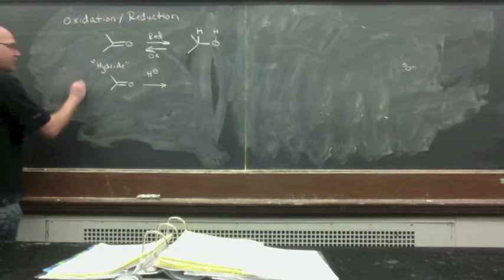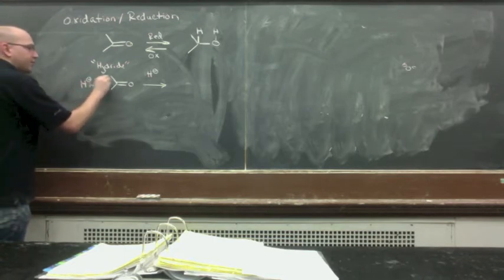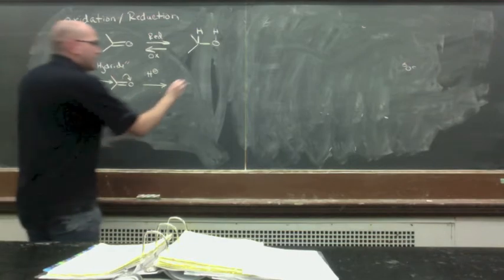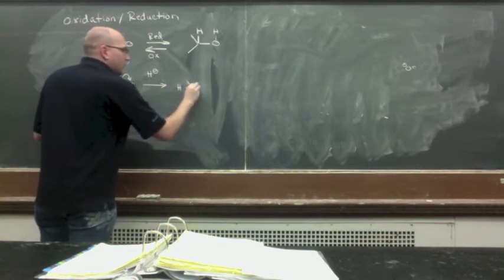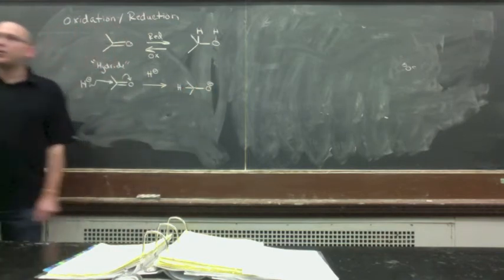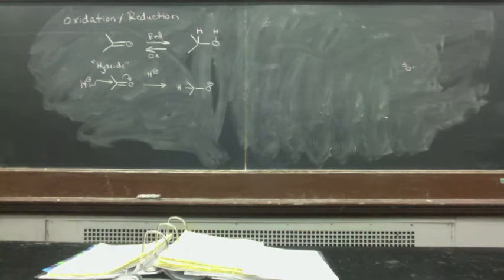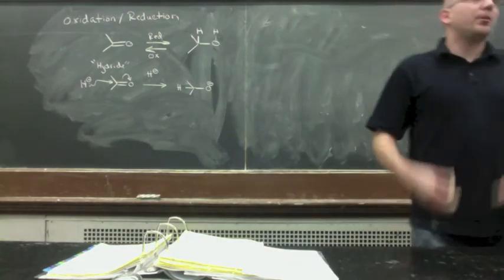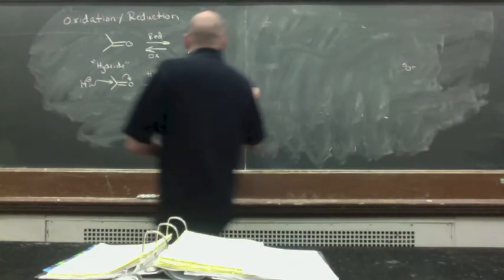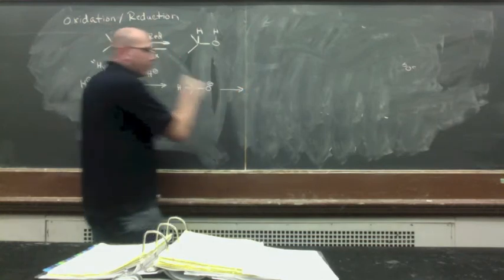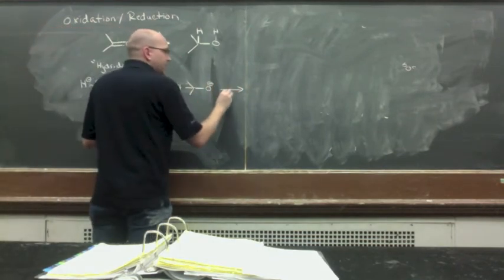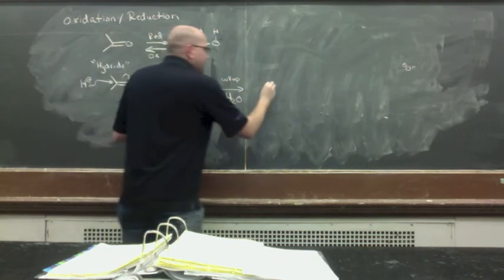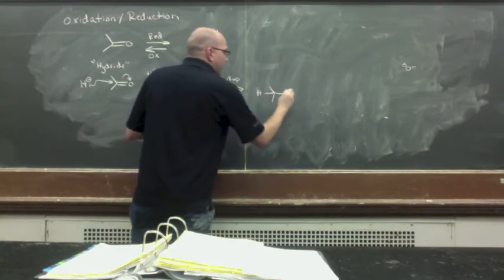if we have a hydride attack, this is what we saw before, right? We're going to add that hydrogen into that. We're going to end up with that alkoxide, and as I said earlier, at the end of every reaction, generally what we do is a workup, and that workup is generally dumping it into water and then extracting it, as you guys have done extractions in your laboratory courses. So the next step is you do a workup,